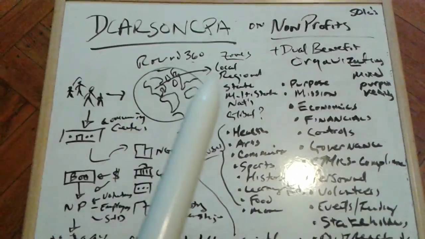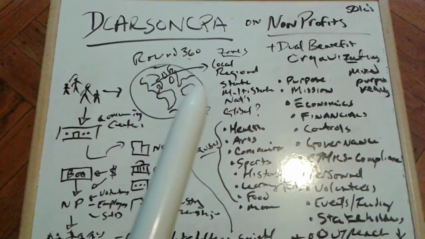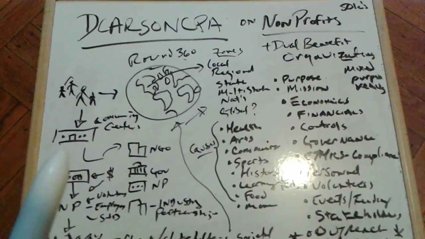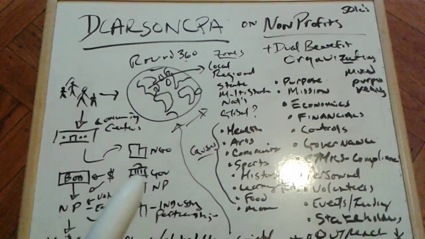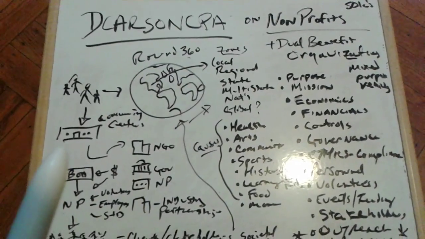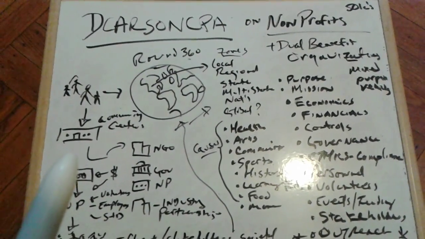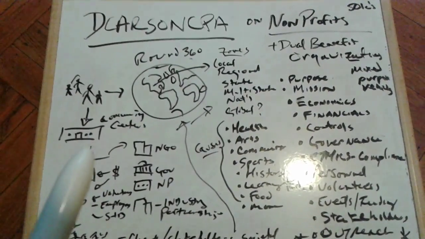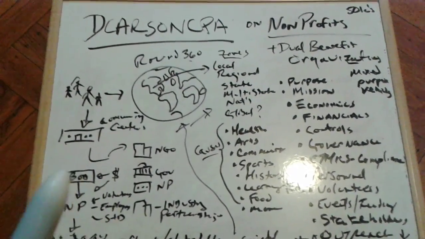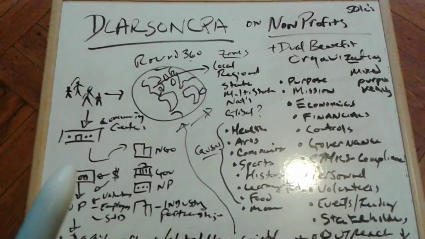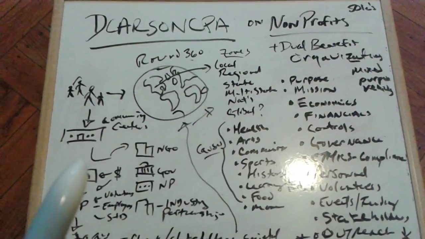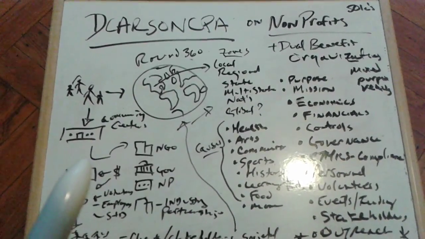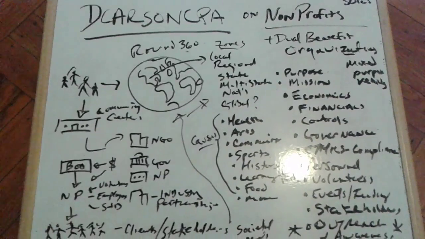Could be at the local, regional, state, multi-state, national, or even the global level. A nonprofit is an entity established in a line where government established an opportunity for nonprofits to exist as tax-free entities in the way that we're going to talk about them now, or potentially these newer lines of dual-purpose entities. These entities are established with a specific function to work with resources, designated resources. Could be grants, funding, the resources of donors, or the resources of fundraising for their specific needs and purposes in the economy and financials.